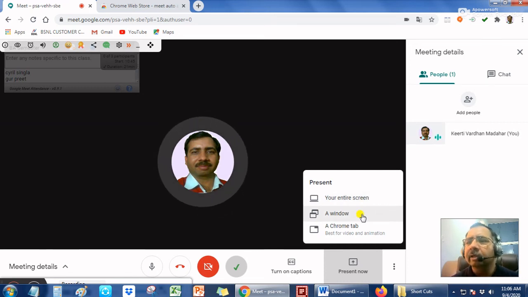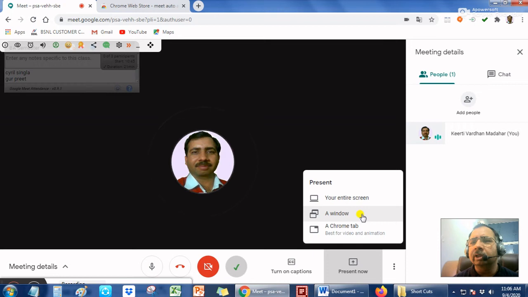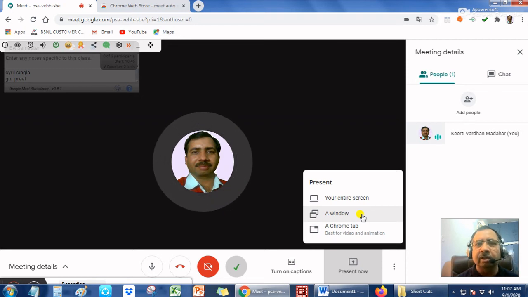Second is share a window. If you share a particular window, then students will be able to see only that particular window which you have shared. Suppose on your desktop you have so many folders. One folder is for videos, one folder is for text, one is your personal folder.